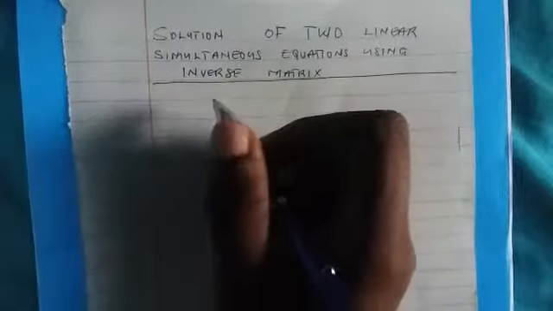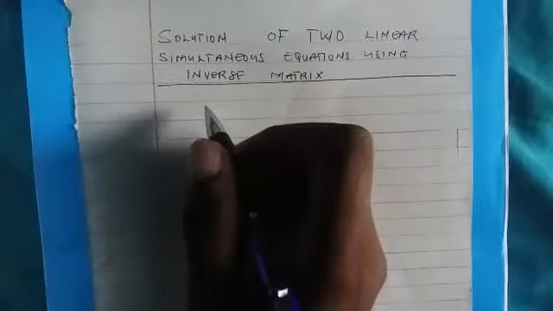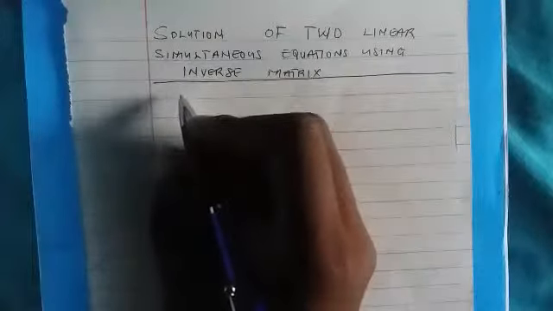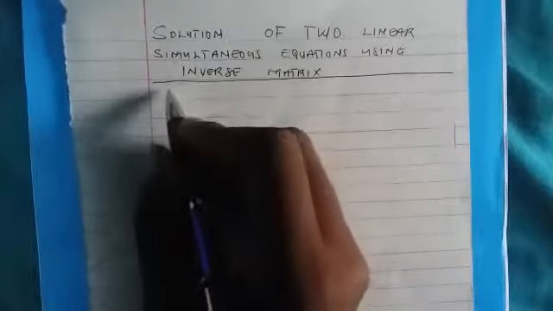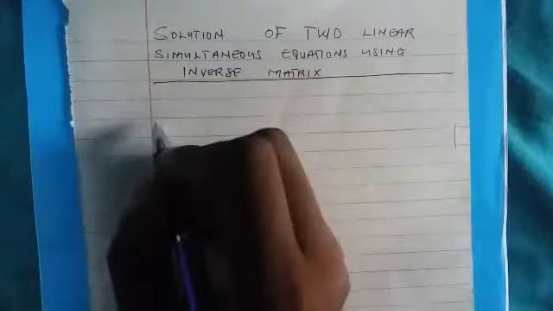Okay, today we're going to talk about solutions of two linear simultaneous equations using inverse matrices. So, when you talk about simultaneous equations, we are talking about the situation where you have to solve two equations at the same time, find two variables, either x or y, and then